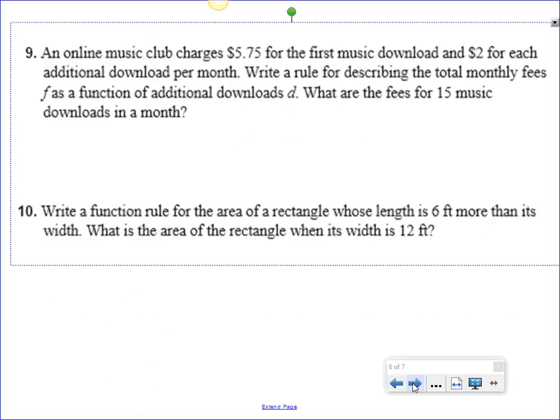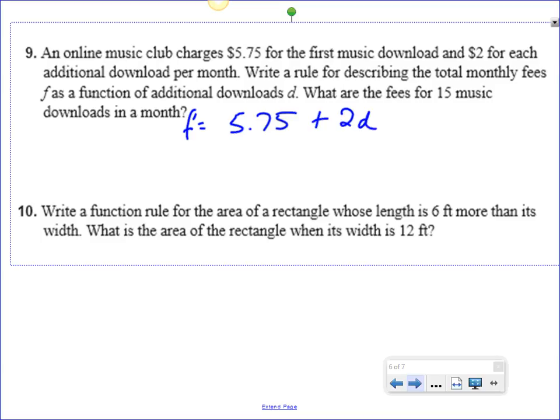Next, an online music club charges $5.75 for first download of music and $2 for each additional download per month. Aren't you thankful that this isn't your cost? So write a rule describing the total monthly fees as a function of the additional downloads, D. So the online club charges $5.75 for the first one, plus $2 for each additional one after that. So total fees are $5.75 plus